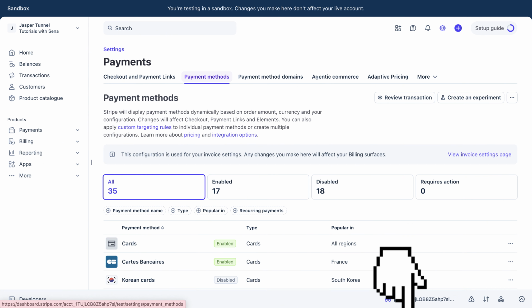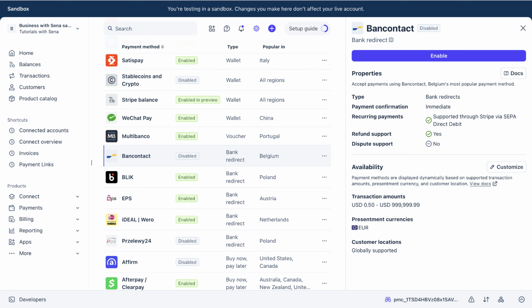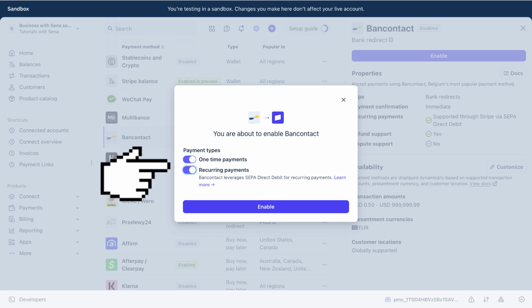On this page, you may scroll down and search for Bancontact option. Then tap the Bancontact to open this sidebar and click on the enable button. You may customize if you want to turn on or turn off one-time payments and also the recurring payments according